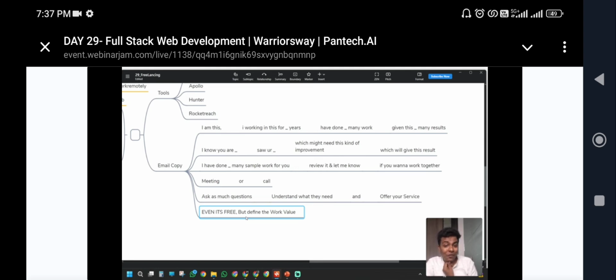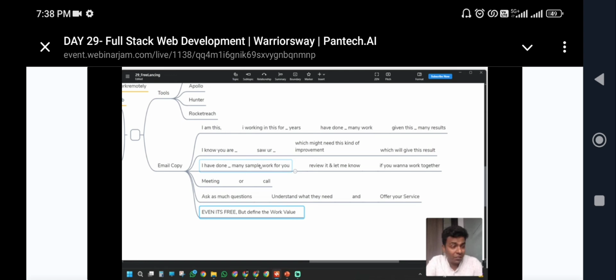So likewise you can do, but not for the website, because a website is a bigger task. Instead, a website can be done with the help of that screenshot idea which I've told you. But if it is a social media post or LinkedIn post and those things, you can just create 4 posts. After analyzing you, I've created 4 Instagram posts for you with those images, with that copywriting. You just post it, and if you are seeing proper results, then you can hire me. So likewise, initially you just try to